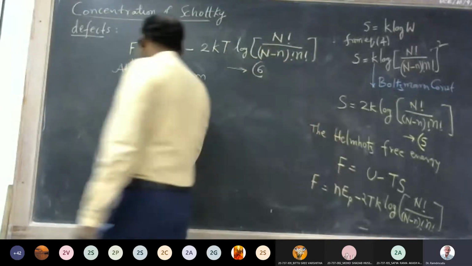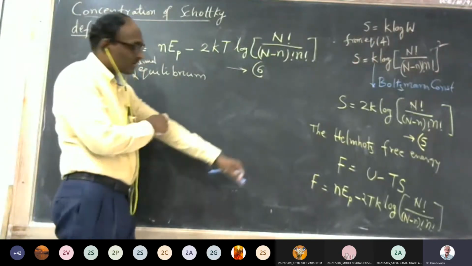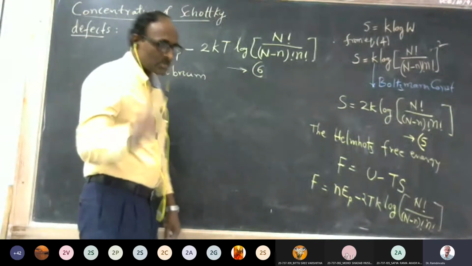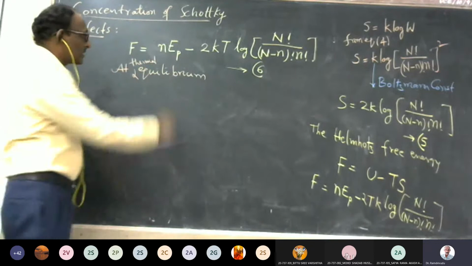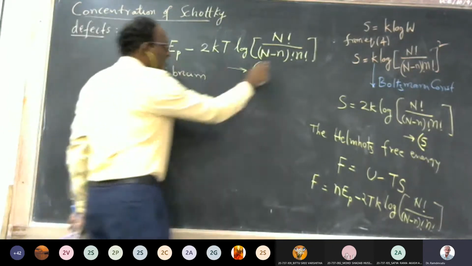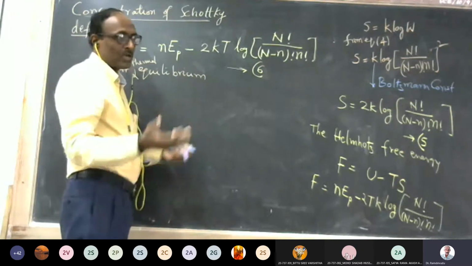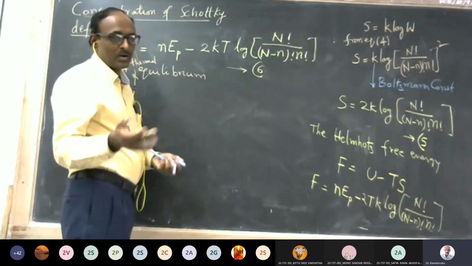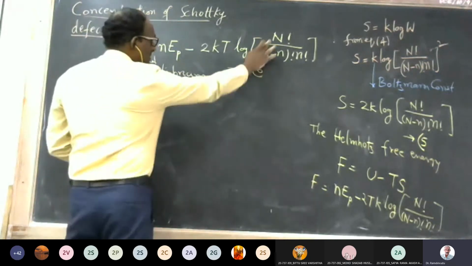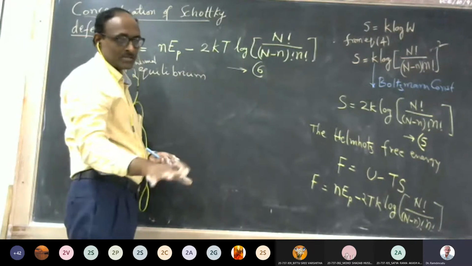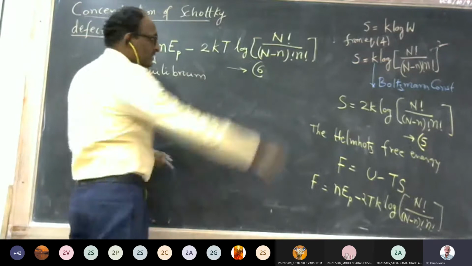So that's what we say: the number of Schottky defects remains constant. When they remain constant, F remains constant, because there is no change in capital N. Capital N is always constant because we have taken 1 gram mole of a substance. It will always contain Avogadro number of atoms or moles. So N is already constant if you choose a material or a crystal by weight or by molar. Okay, so N is constant already.